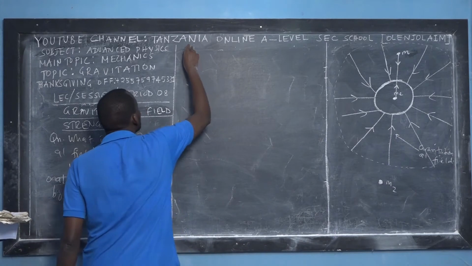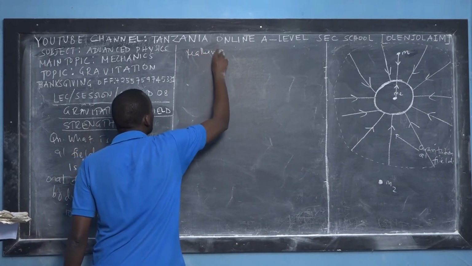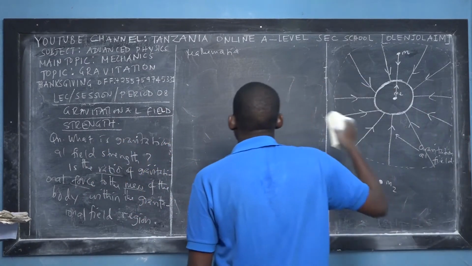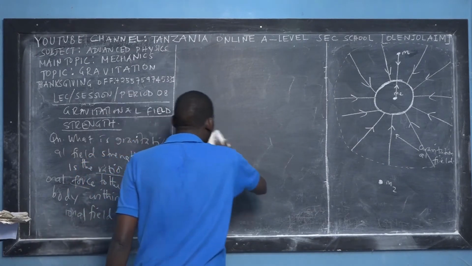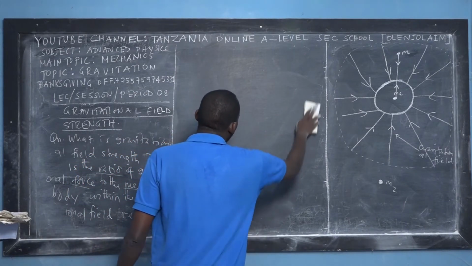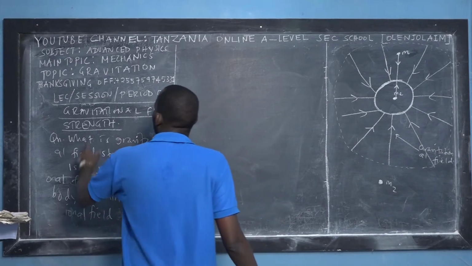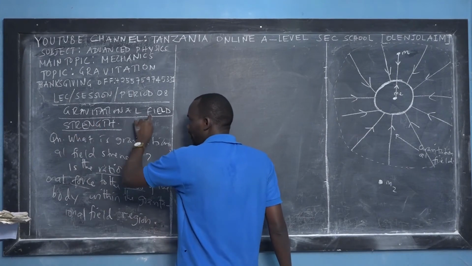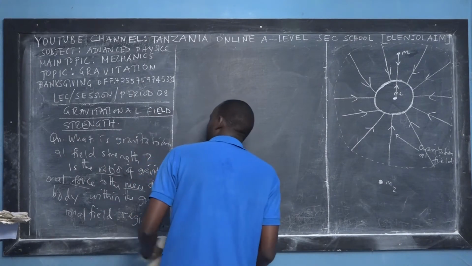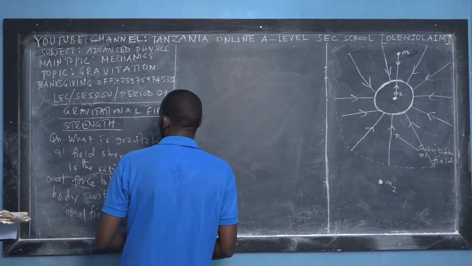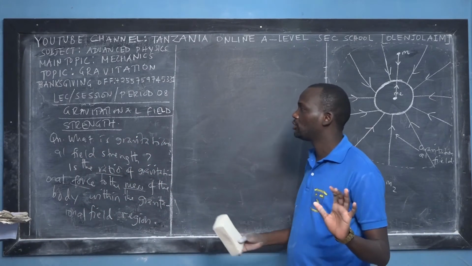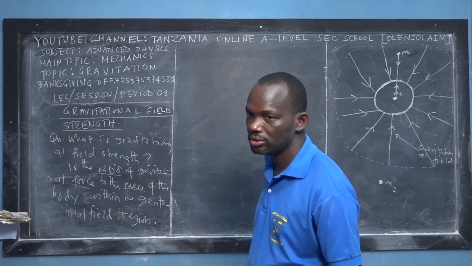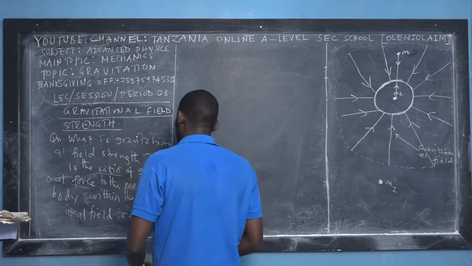Before even going to the mathematics, I should give you the notation of gravitational field strength. This is very important because you'll find a similar term in electrostatics, but there we call it electric field strength. This we call gravitational field strength. In electrostatics, I will teach you about electric field strength. So there is a similarity between them. As I told you in lecture 1, there are comparisons between gravitational force, nuclear attractive force, and electrostatic force.